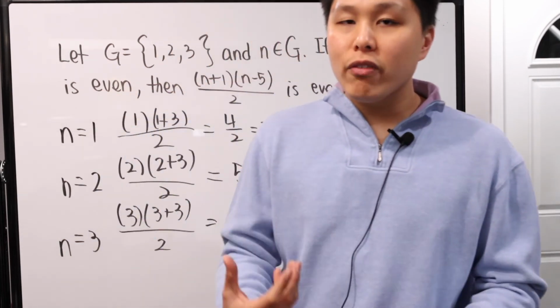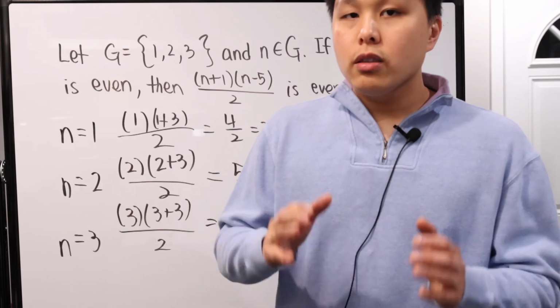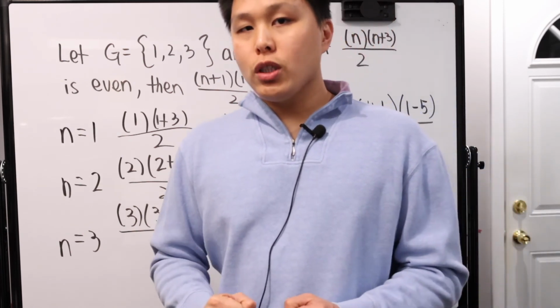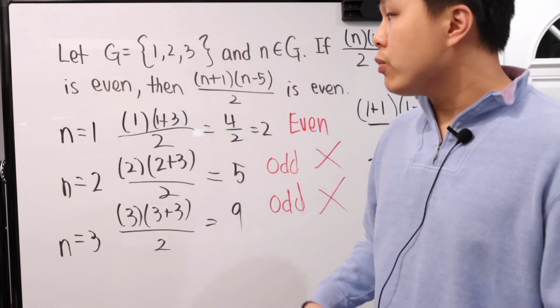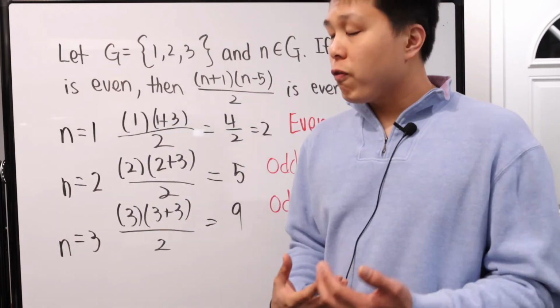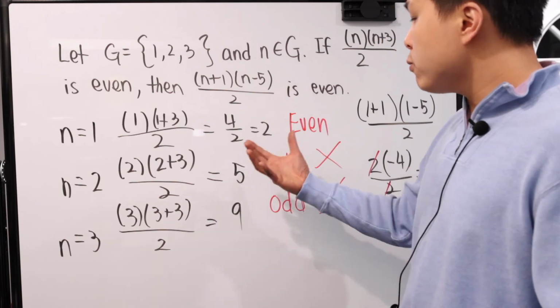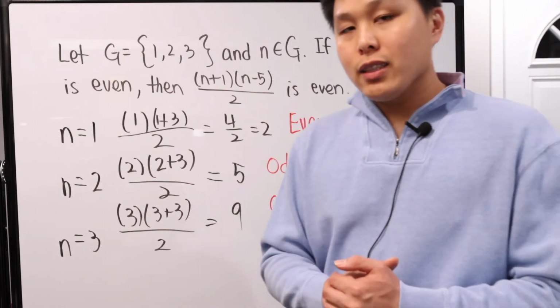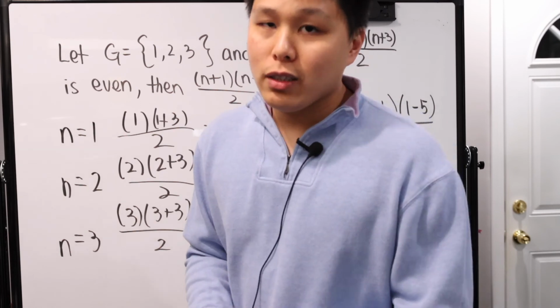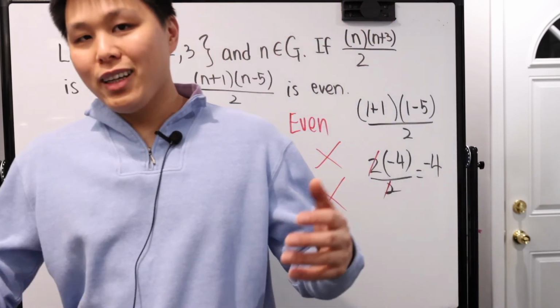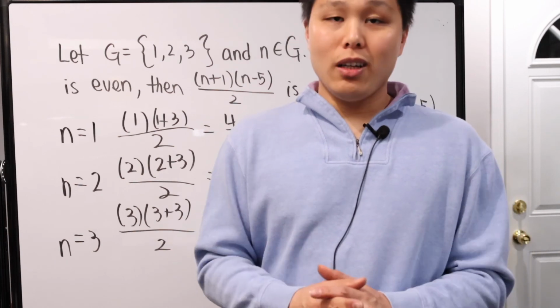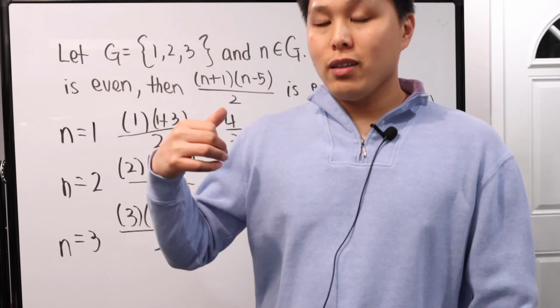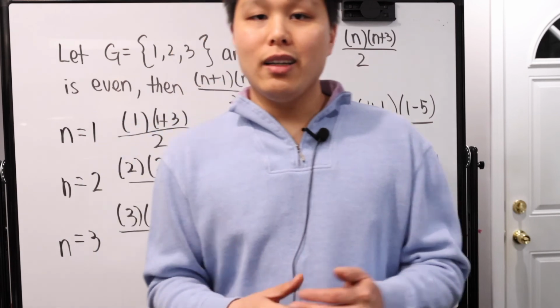There's always a given assumption. So if you know what the given assumption is, and you look at it, and build on the definitions that you know, then most likely you'll find some sort of path, some sort of way to prove the statement is true. Unless they say prove it's false, then that's another story. To show something is false is actually a lot easier than proving a statement. So we'll go into that in another